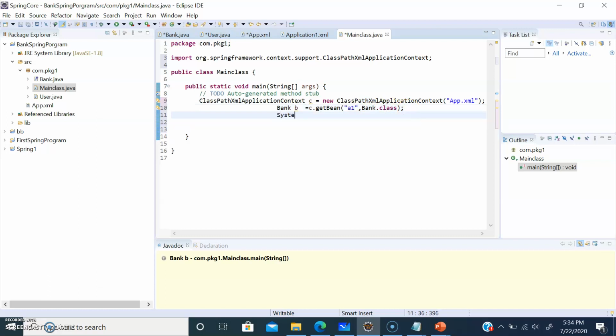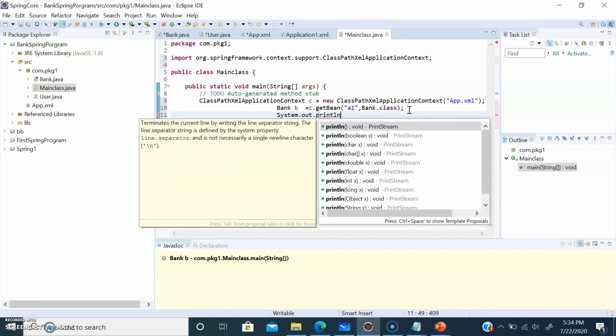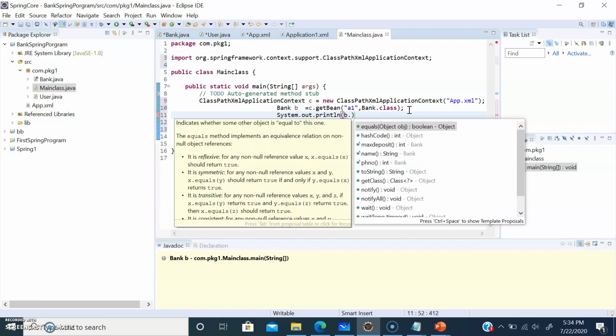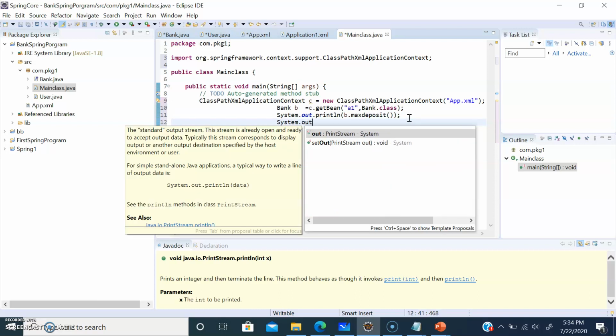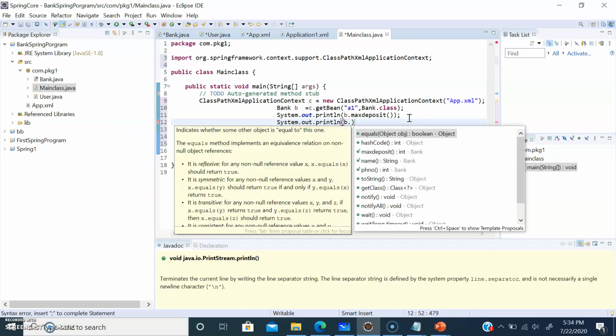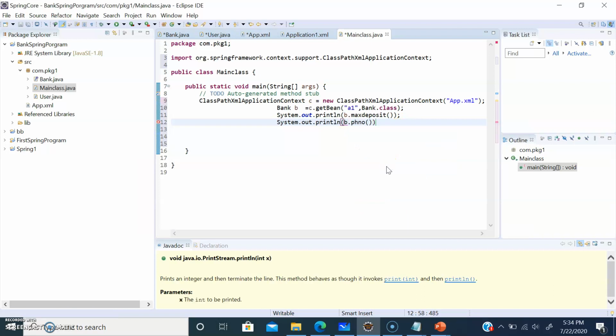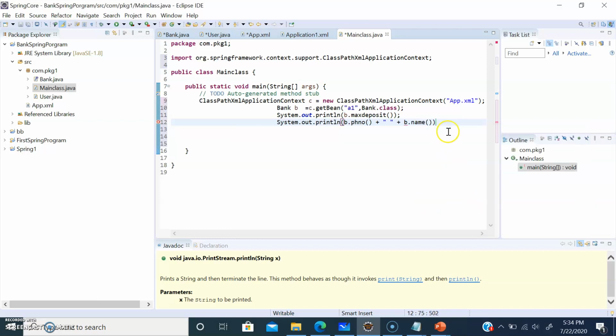Now we can say System.out.println(b.maximumDeposit), and then b.phoneNumber, and let me say b.name.